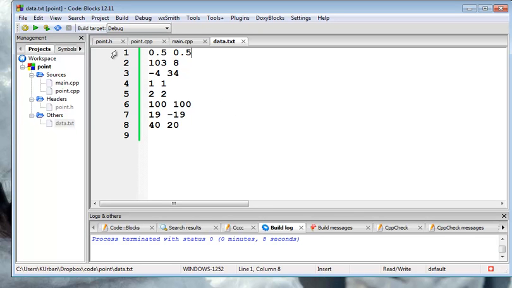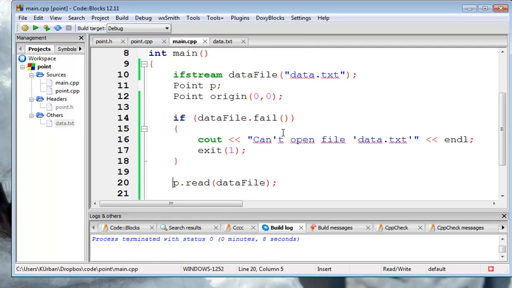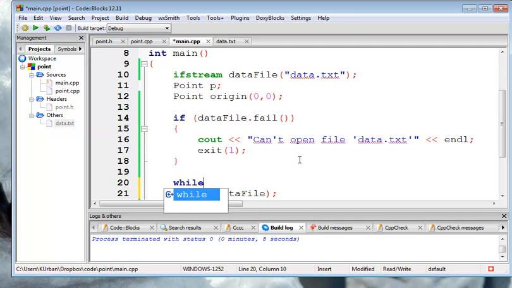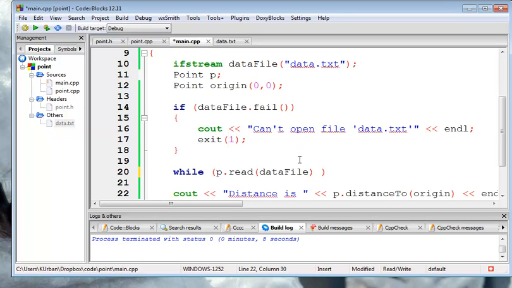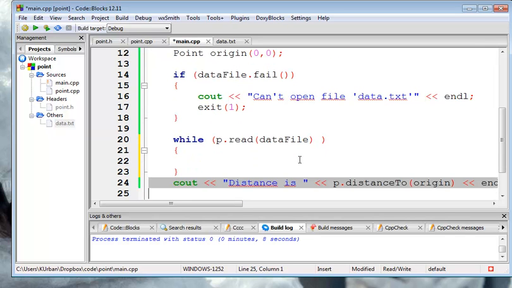Okay, so it looks like it's working. It's doing it for one of them. I'm reading in the first piece of data. Now, the loop, again, is not part of the point class. The idea of a point is that it's just a point. It's not doing anything else. If I want to do some reading, I want to do it out here. So I want to put this in a while loop. So while that's true, while I can read one,